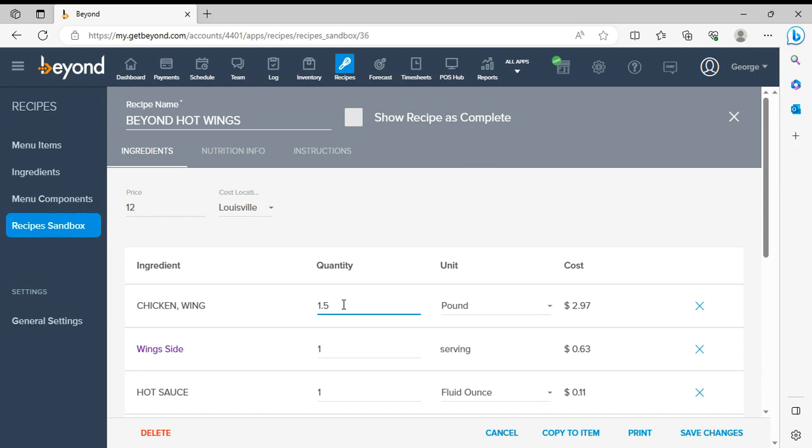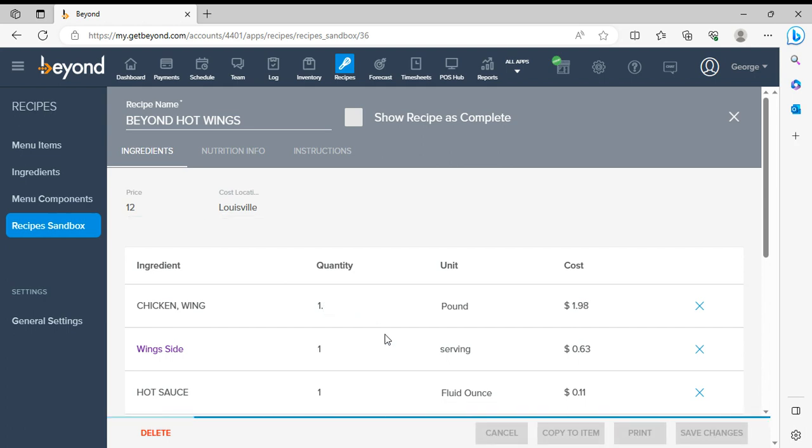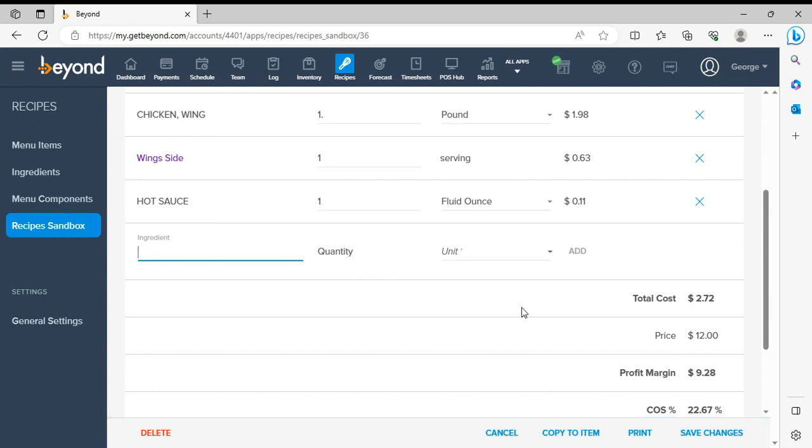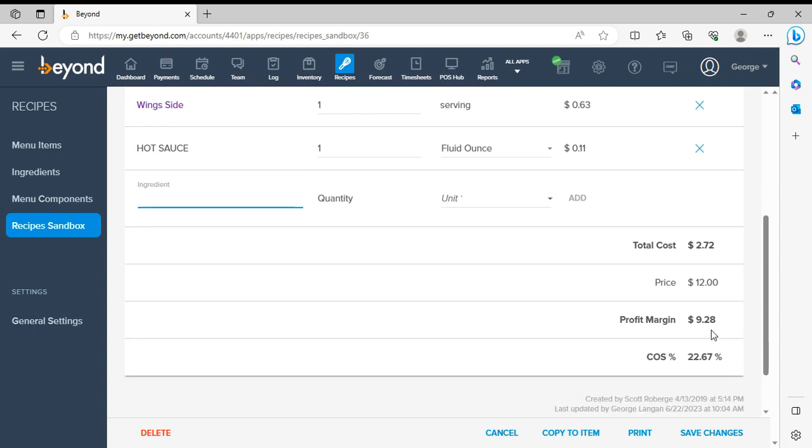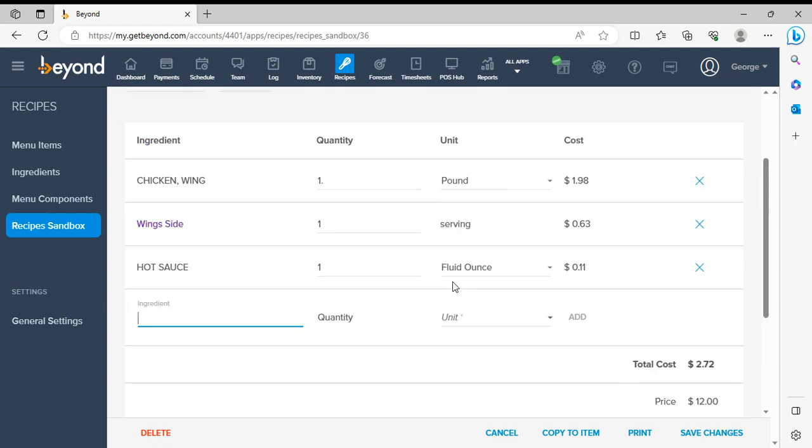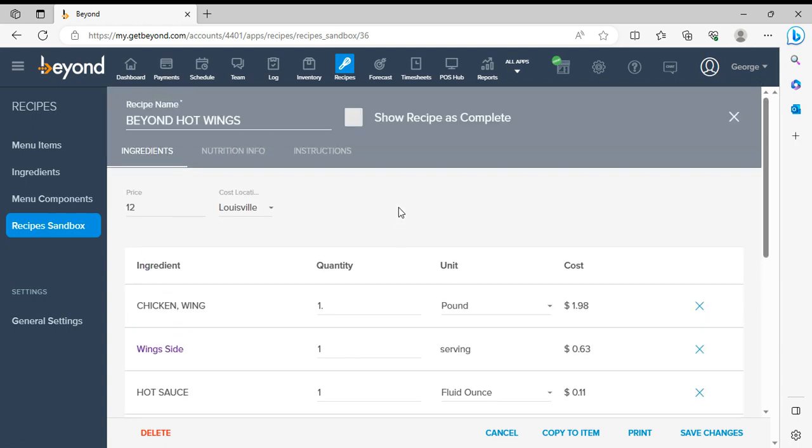So I have a pound and a half of chicken wings. I'll just take it down to a pound. Right? And I have one wing side. I have some hot sauce. And I can look at the cost. It's $2.72. I think I'm going to charge $12 for it. So my profit margin is $9.28, and that's my cost of sales percentage, 22%. I could go with that and establish a key on the POS system, or I can play with the price